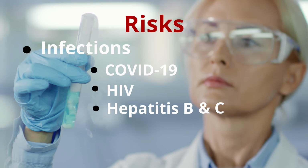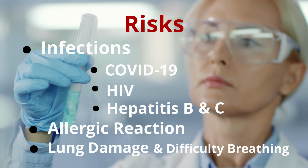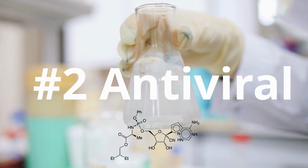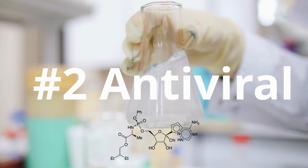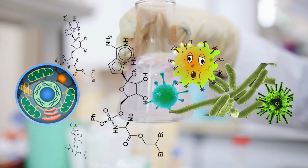Other possible risks include allergic reactions, lung damage, and difficulty breathing. Although not many studies have been conducted around convalescent plasma therapy, it has the possibility of increasing the chance of survival. Number 2. Antiviral. Antiviral treatments are those that stop the virus from hijacking the cell's machinery and producing more